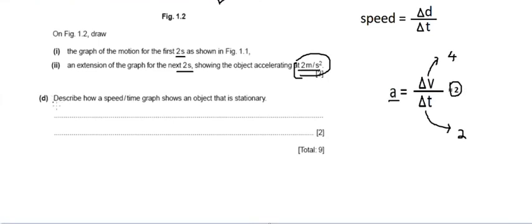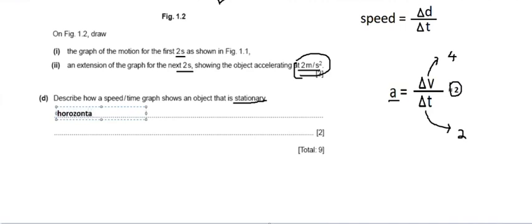The D part here describes how the speed time graph shows an object that is stationary. Okay. So when it's showing the stationary, we had already seen when the line is coinciding with the x-axis. Okay. When the horizontal line is there, which is coinciding with the x-axis, the speed is nothing but 0. When the object is stationary, whenever we get the speed equal to 0, for that we can draw the horizontal line. It should be the horizontal line,